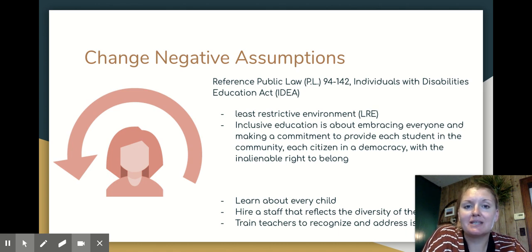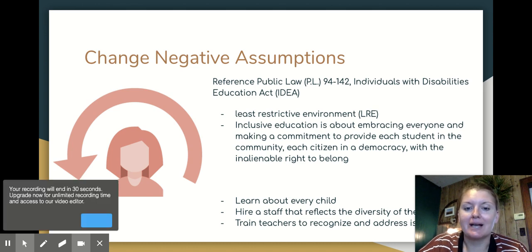Some other little specific things that people in the building can do is give teachers and staff the opportunity to learn about every child, not just the students in their class, but every child. Our school has, we're required to be a class sponsor. We don't get paid for it. We're required to do it. We stay with those kids for 2 years, and then we start over with a new batch. And at first I was pretty frustrated. I was like, I don't want to be a class sponsor, but it has given me the opportunity to meet kids that I wouldn't normally have in ag. And I think it really benefited me as a teacher in my building by understanding all those kids, not just the ones that want to take my class.